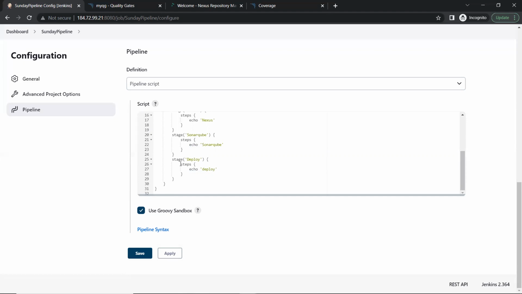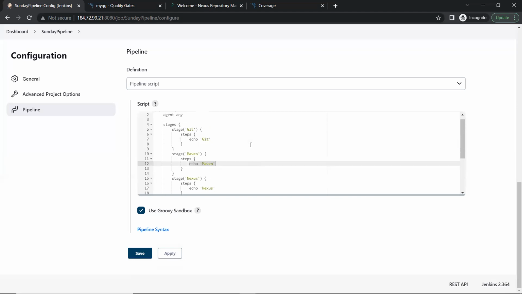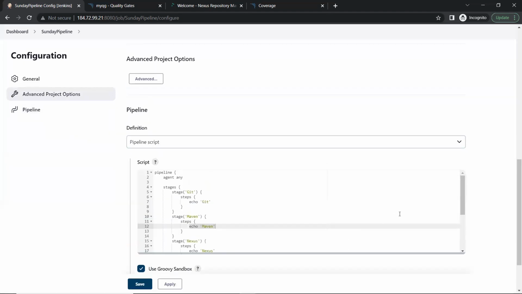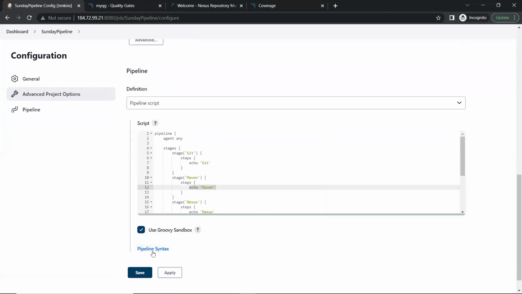So this pipeline syntax, we have to do it, right? Where do we learn the syntax? Pipeline, you have to write the code. Syntax is easy. I did not write any code. I saw a sample, took that sample, and I keep on adding the stages. And for what you have to do in a particular stage, you can take help of